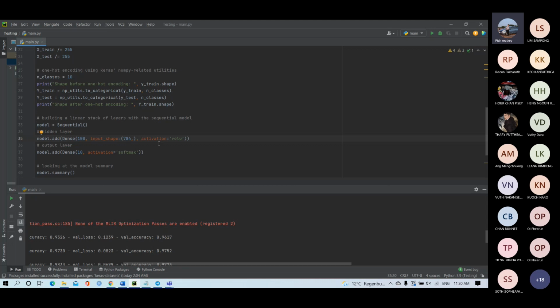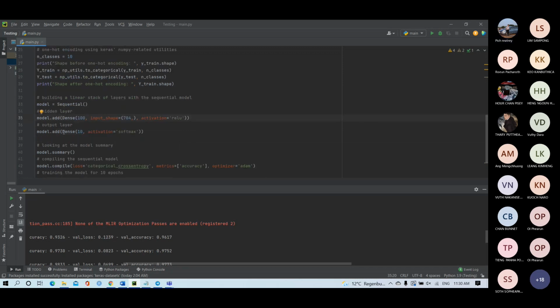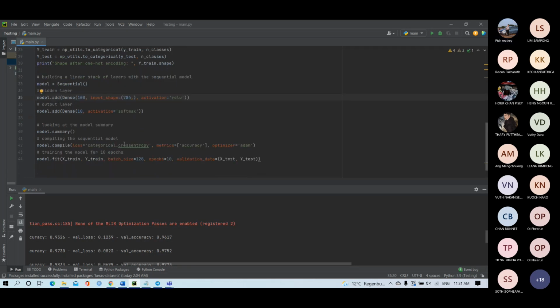And the activation function that you use is ReLU, but I do not know exactly how ReLU works, so you can check by yourself because I'm not skillful in this one. I just would like to let you know about the way they use. We can use a neural network to build one model. After that, we put it as output. This is the output layer, only 10. And then we compile those codes, and then we fit the model to see the result.